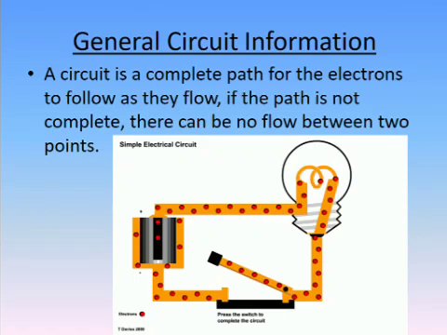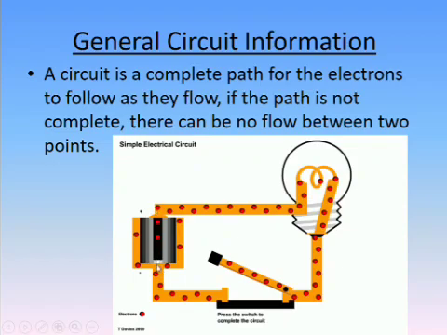A circuit is a complete path for electrons to follow as they flow. As you can see here in the picture, we have a light bulb and we have a battery. In the book, you will see that the bulb has two poles. It has the base, the one that is blue, and the contact, the black one. So these two poles of the bulb should be connected to the two poles of the battery, the positive and